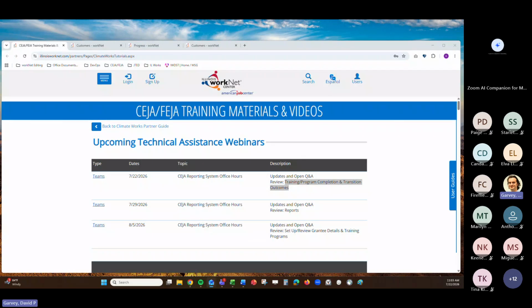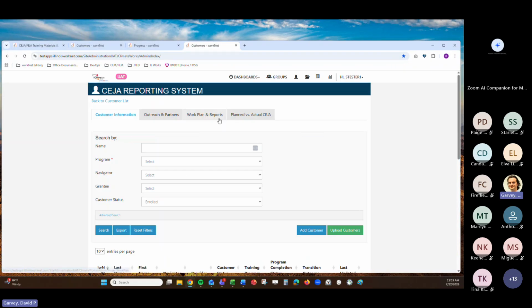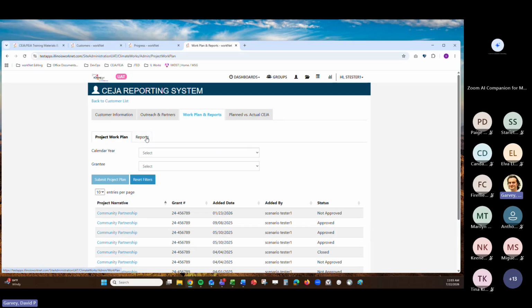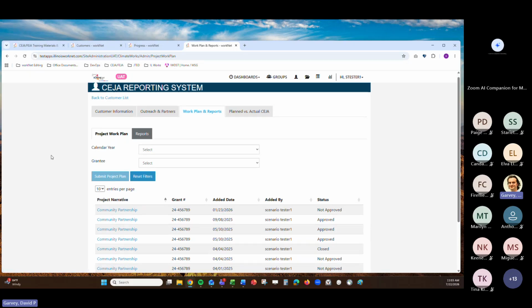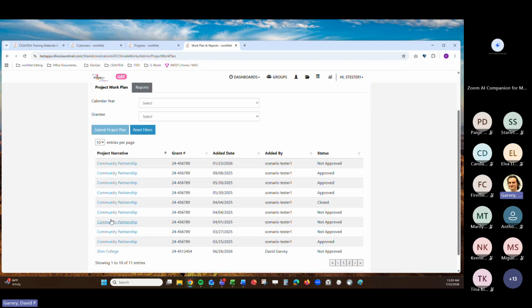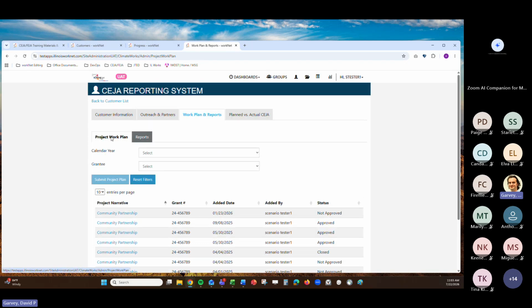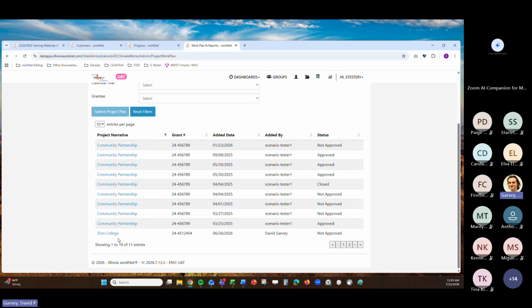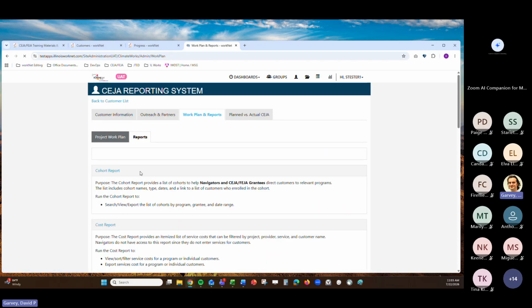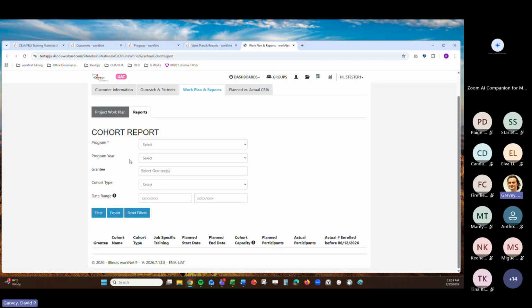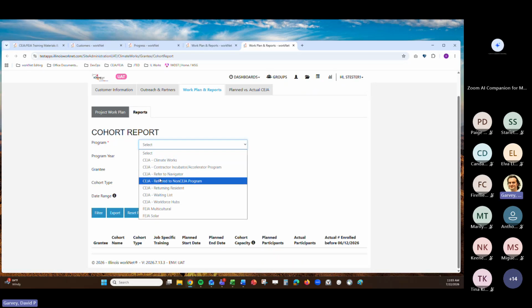The first was, I know last week we were looking at reports and talking about cohorts, and I was incorrect in saying that navigators aren't able to see cohorts and capacity. That's not the case. I was just looking at the project work plan reports, which only show those you have access to. But in the reports section, if we go to cohort reports, as a navigator, you can filter to these different